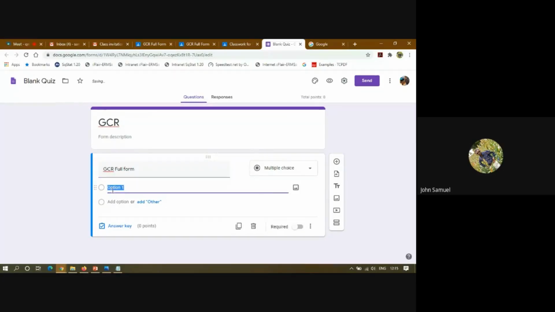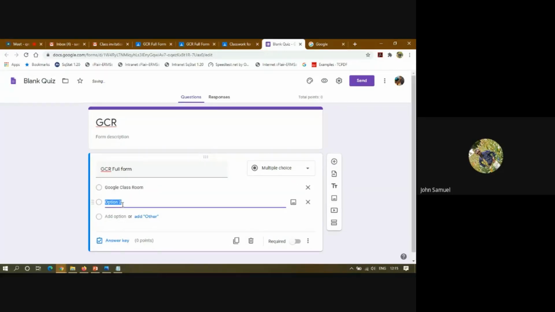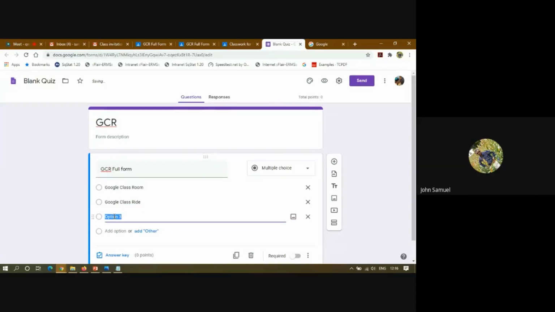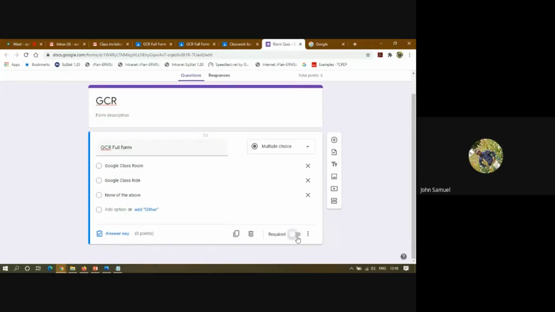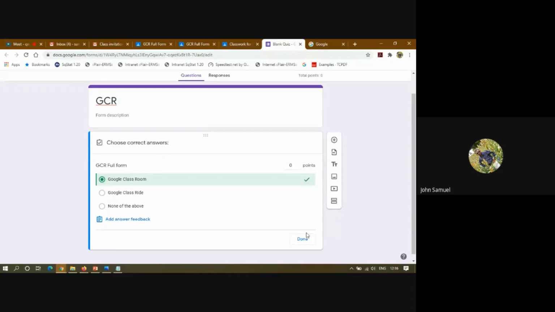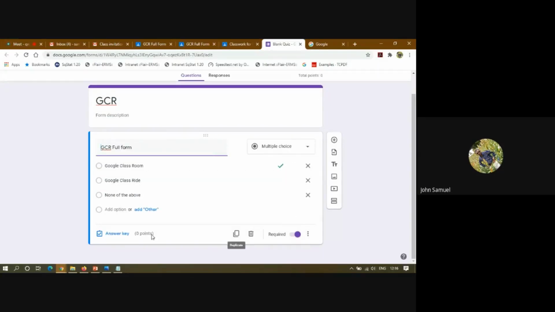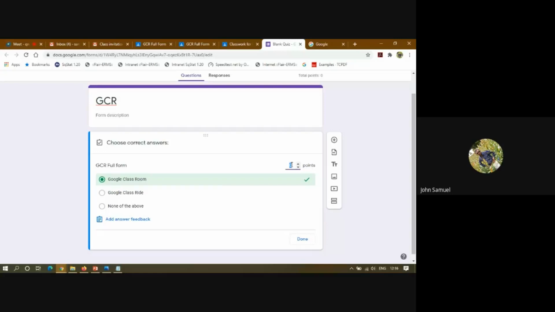The question is the full form, as a multiple choice: Google Classroom, and Google Classroom, or I can say none of the above. And I'm selecting the answer key, which is Google Classroom, and then I'm awarding 5 marks.